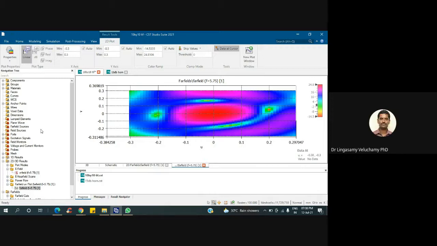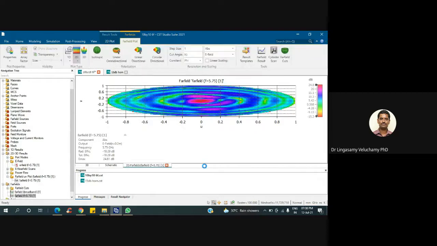So I think you can write to these guys, the CST guys. I don't think CST will have that kind of plus 60 minus 60. I think it is based on the calculation he would have put.